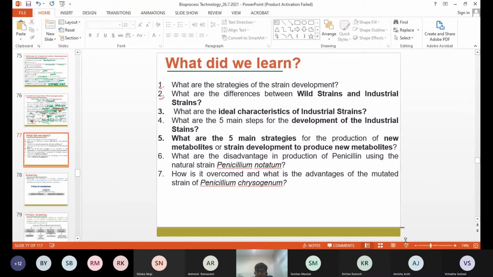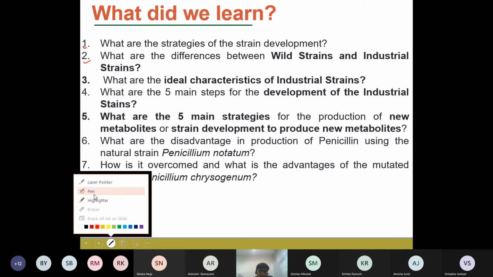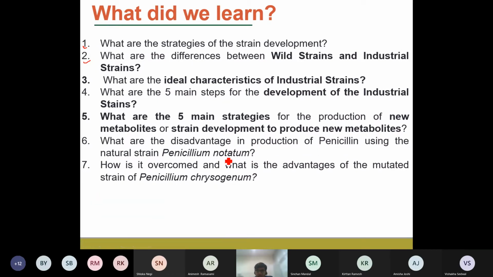Anyway, we have just seen that the productivity is lower in the case of Penicillium notatum, and it has a lower yield. It is grown in static culture. Penicillium chrysogenum has a higher yield, 50-fold, and it can be grown in stirred aerobic fermenter reactors. Generally our bioreactors in industries are stirred fermenters, and we purge, for example, oxygen or air to maintain the aerobic environment. So this is the advantage.